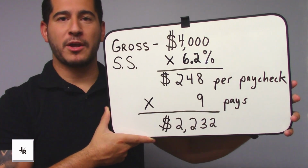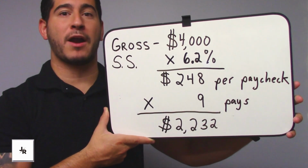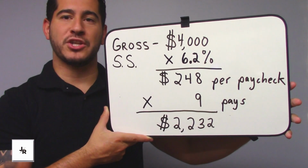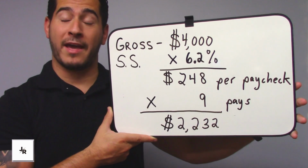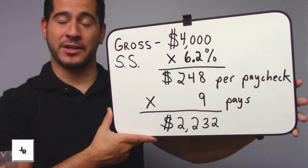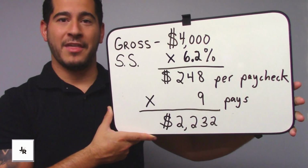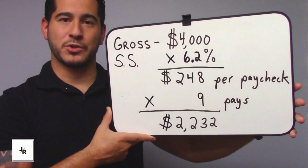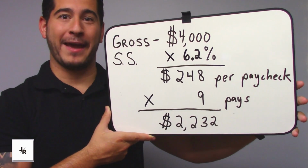Now, if we're talking about bi-weekly pay, from September until December 31st, you're looking at approximately 9 additional paychecks. So if you take that $248 per paycheck and multiply it by 9 additional pays, there's a total increase in money into your bank account of $2,232. So again, to calculate your deferral amount, you would take your gross, multiply it by 6.2% to find out what your increase would be per paycheck. Then there's approximately 9 pays from now bi-weekly from September to December 31st, which you would multiply the amount per paycheck by 9 to get the total amount of increase to your bank account